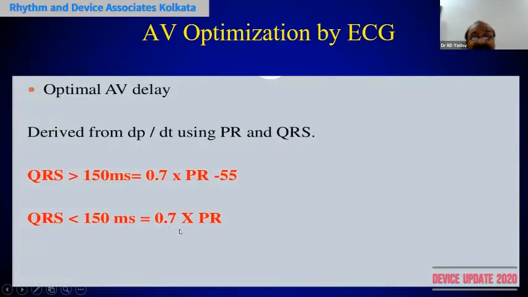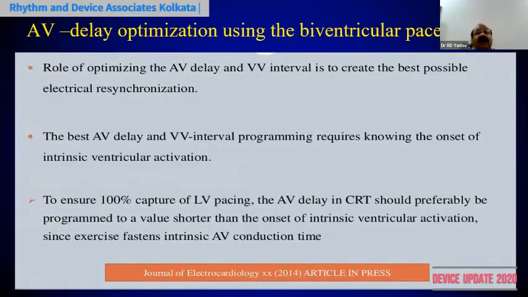If the QRS duration is less than 150 milliseconds, then you do not need to subtract 55, but 0.7 times the PR interval, that is 70% of the PR interval, is enough to fuse the QRS from the RV and LV. So this is the ECG way of fusing the QRS, so better fusion occurs and so better contraction occurs. AV delay optimization using the biventricular paced ECG: the role of optimizing the AV delay and VV interval